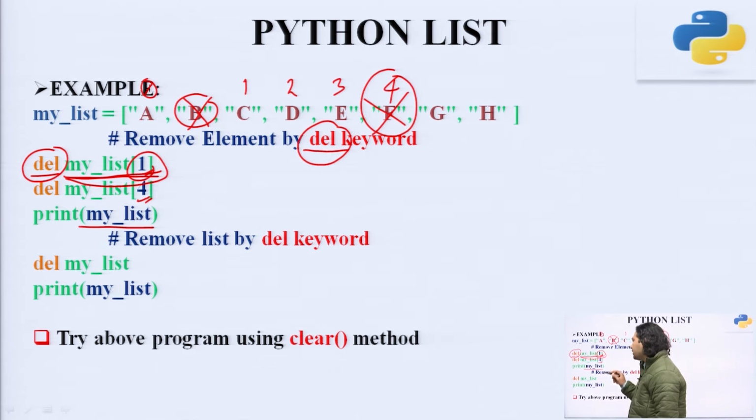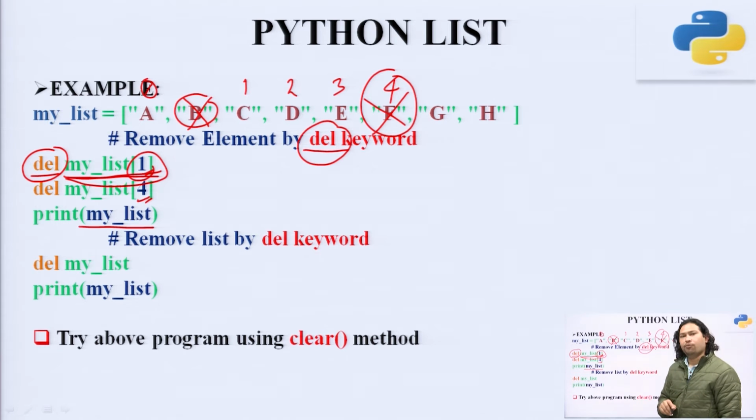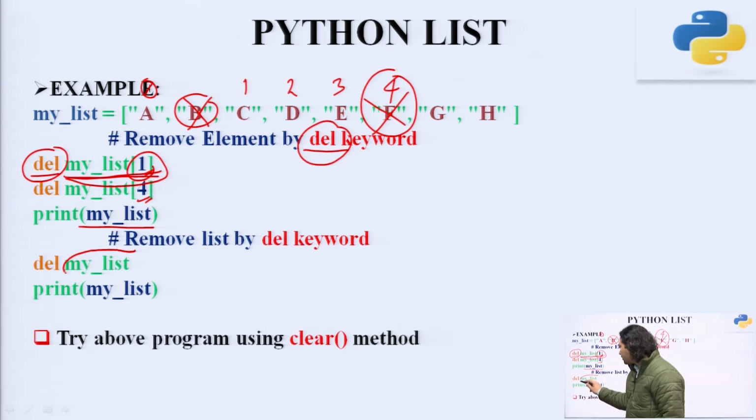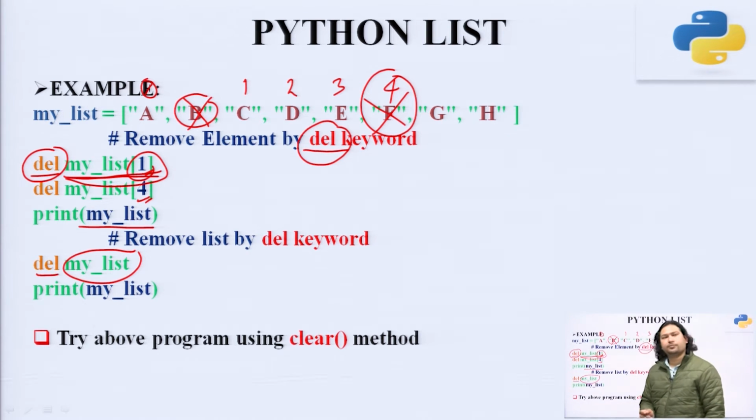Here you can see in the print statement. But we can also delete the whole list. You just need to put the variable, because your list is a variable, in front of the del keyword. So, del followed by your variable is going to delete that variable. Your variable is a list, so that means the list is deleted.